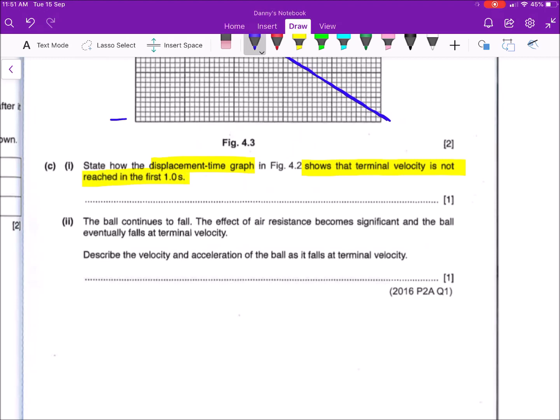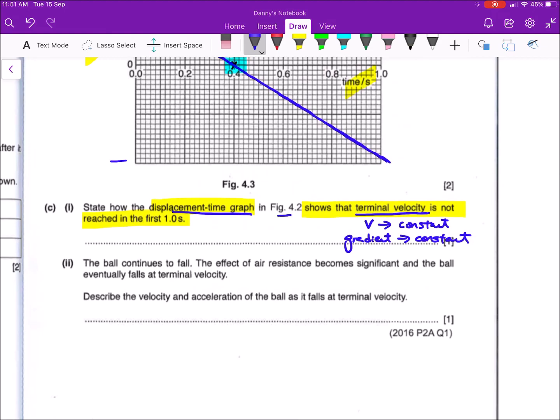Now, in a displacement time graph, if I reach terminal velocity, what does terminal velocity mean? It means that your velocity has become constant. Am I right? And I know that in a displacement time graph, velocity is given by its gradient. So if the object has reached terminal velocity, I would expect that the gradient of my displacement time graph would become constant as well. So now when I look at my figure 4.2,